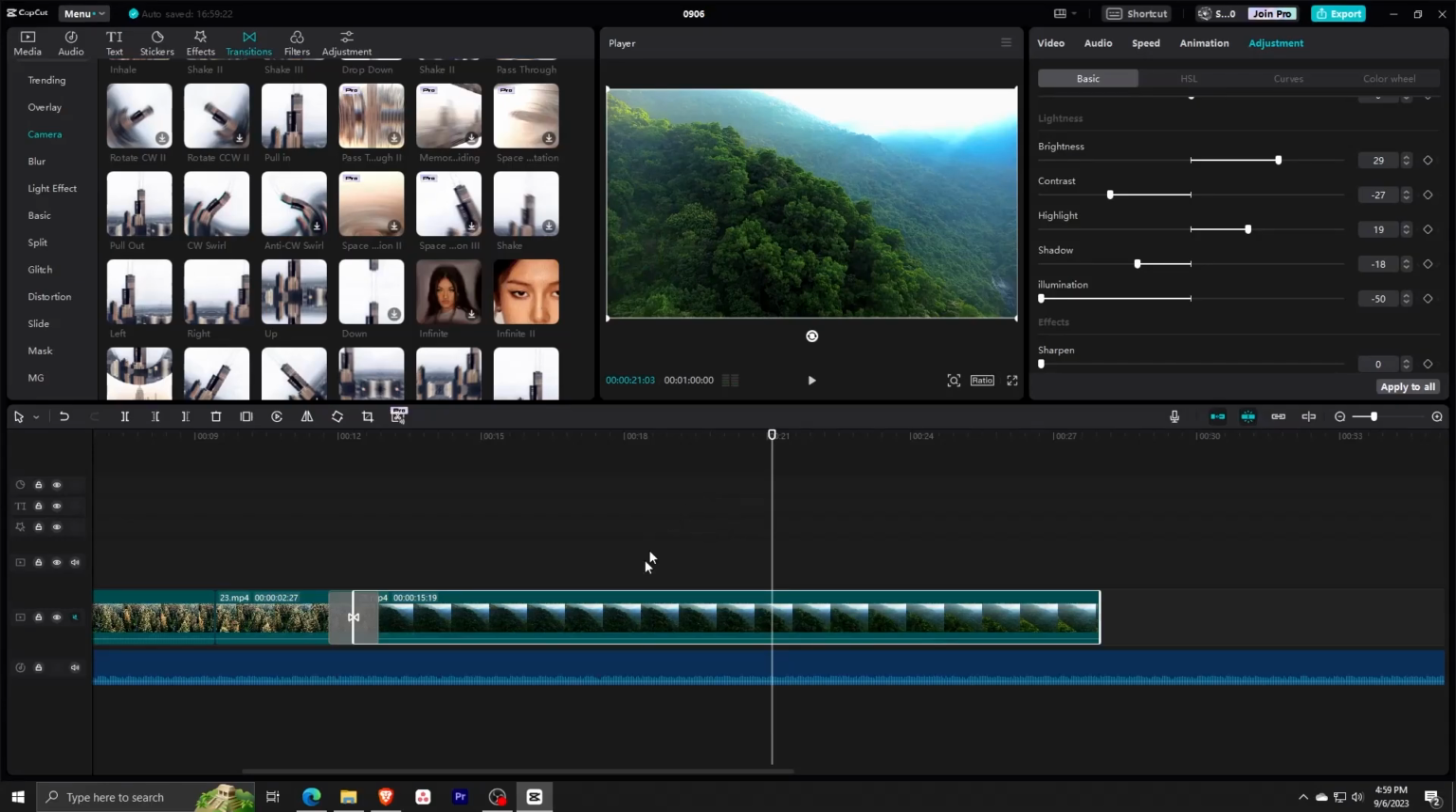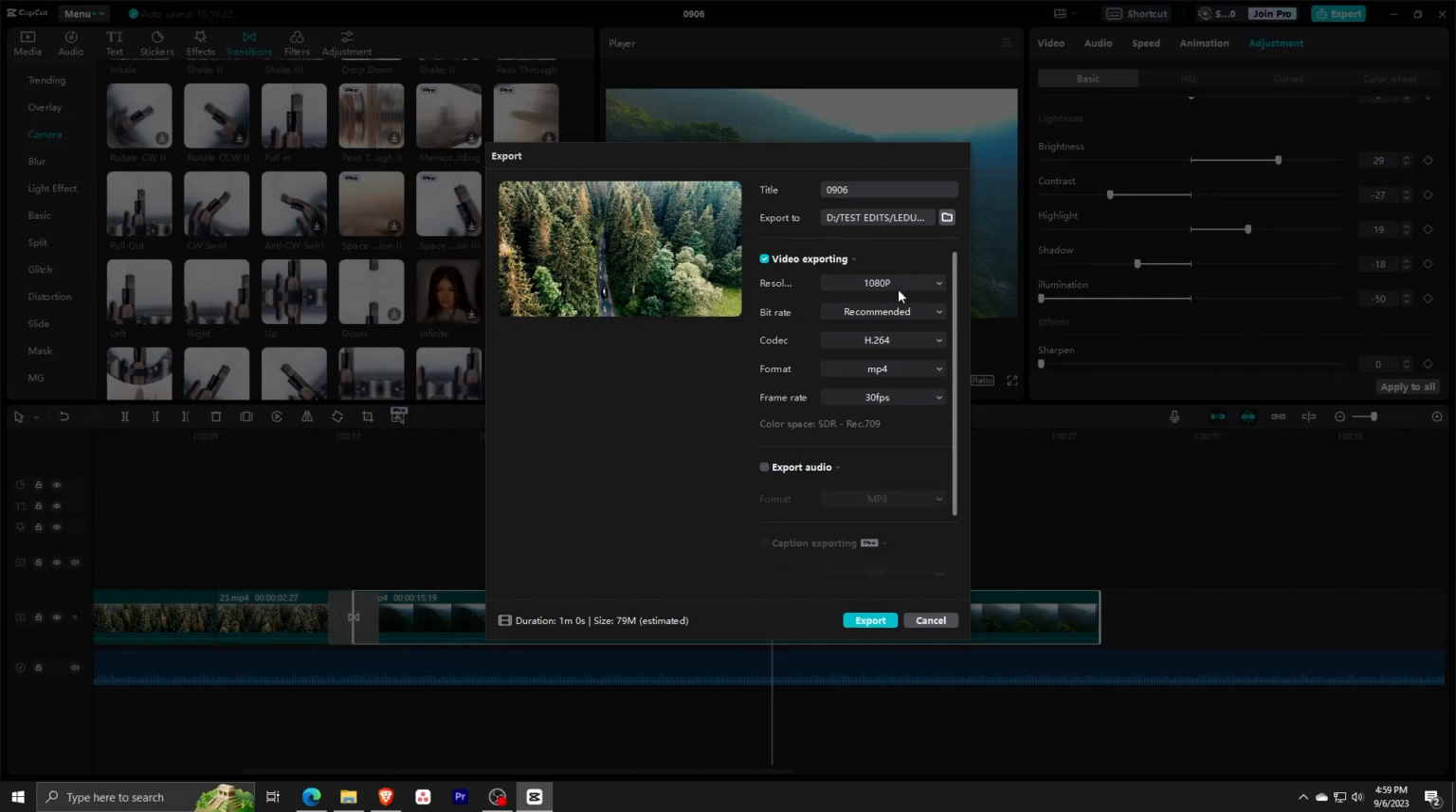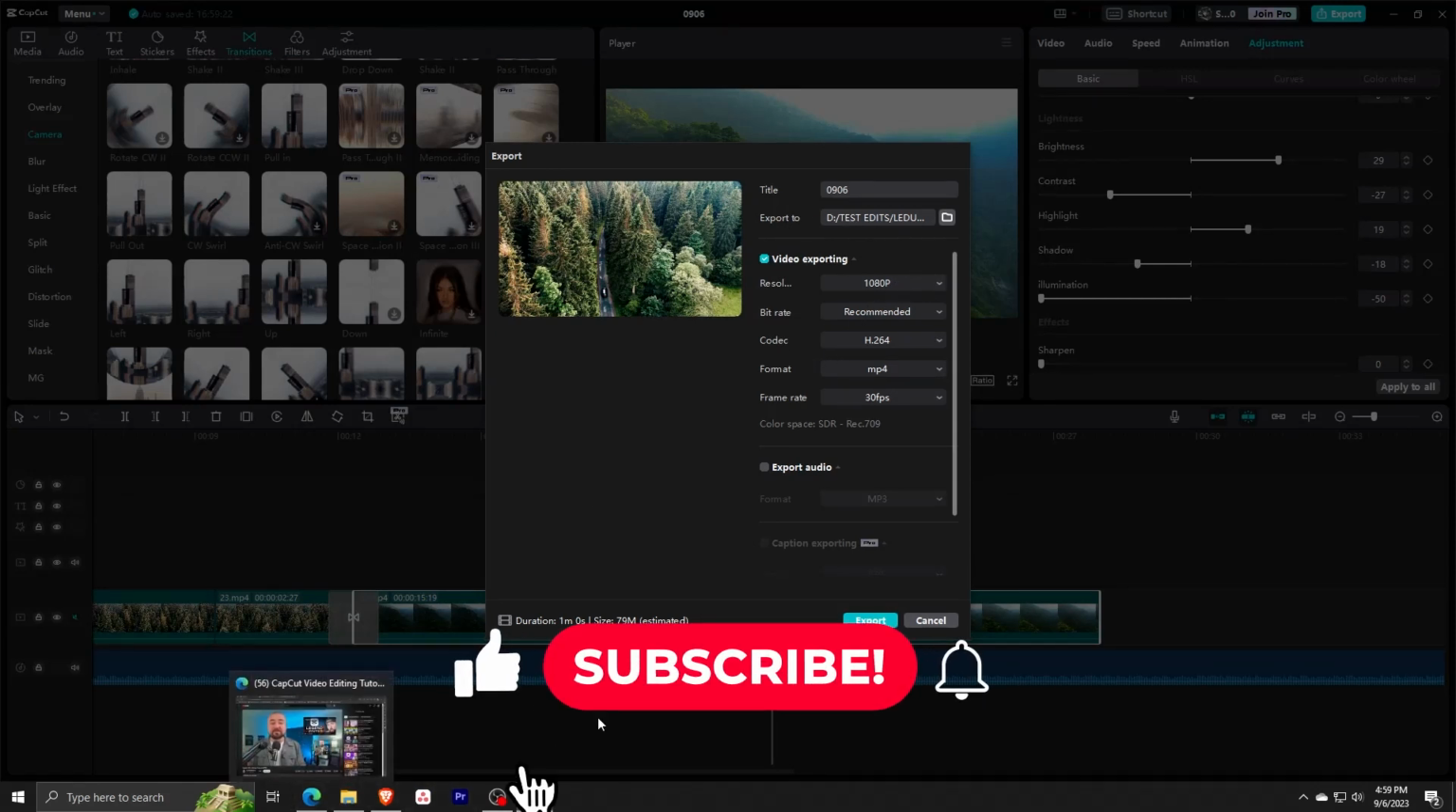Now finally, to export your video, we just have to click on the export button at the top, and then we just have to select which settings fit us and our purpose the best. So that is it for our